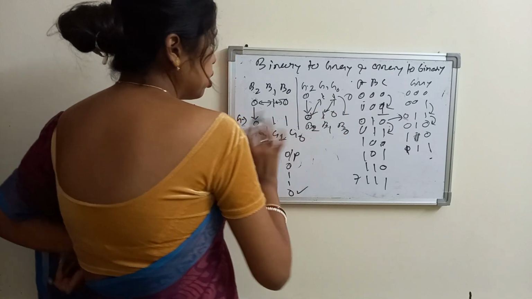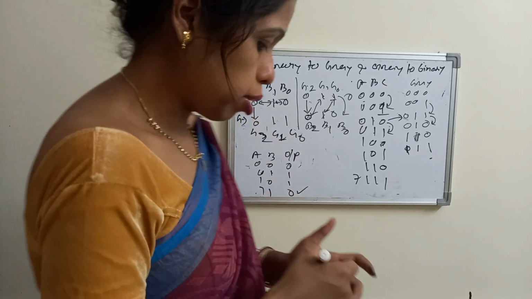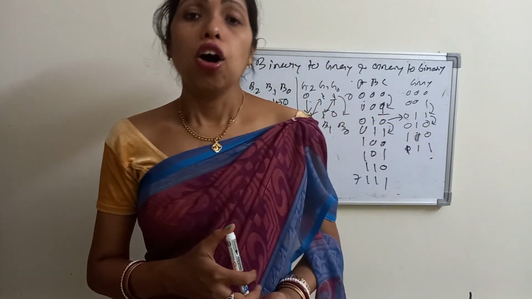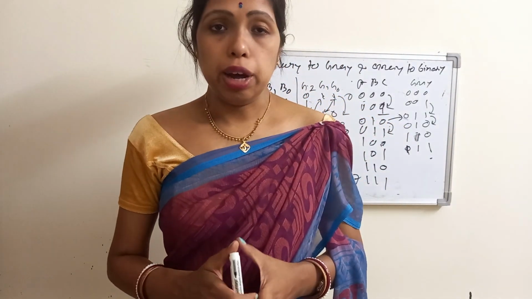So in this way you can convert binary number into gray number or gray number into binary number. Next class I will discuss about the basic gates and the universal gates and